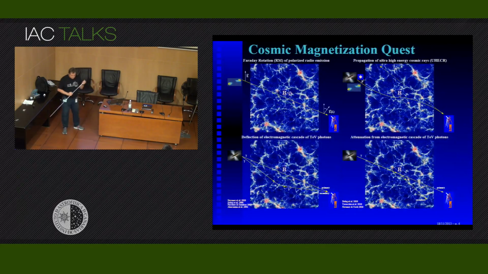Now, basically, I want to talk about 3 different processes here, which are summarized in this kind of sketch. So first is, again, as we have had before, rotation measurement. So you have a polarized source somewhere at high redshift, and the polarized radio emission is traveling through the cosmic